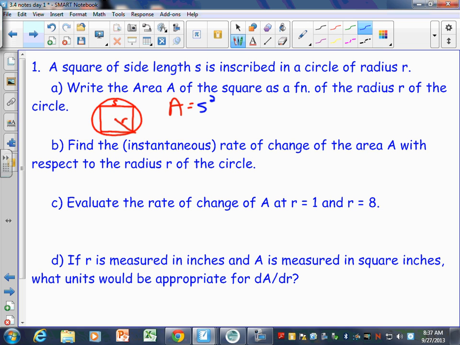But I don't want the area in terms of the side. I want you to write the area in terms of the radius, which means you have to figure out how you can replace S with R, and you can't just replace S with R. But I think maybe, what if I extended this over here like this? Would that be another R? Well, somehow we gotta make a right triangle. We could drop it down and make a right triangle here. I'm going with the big right triangle. What if I made this triangle?